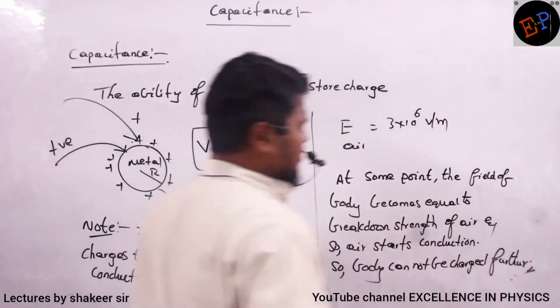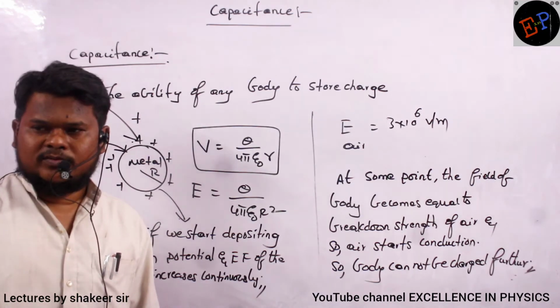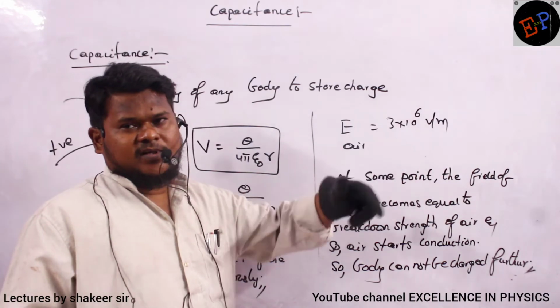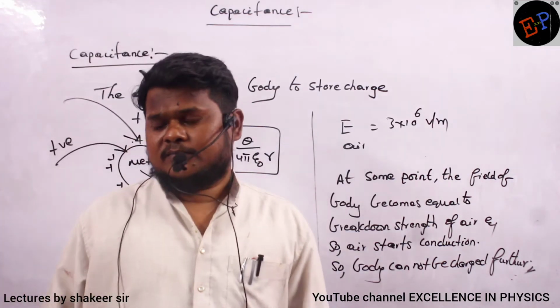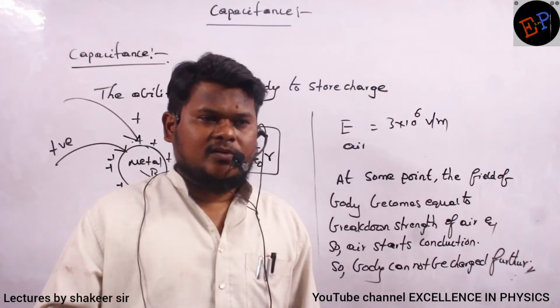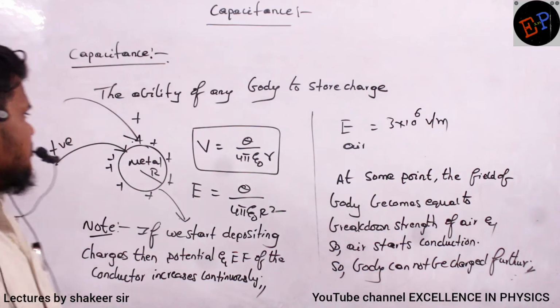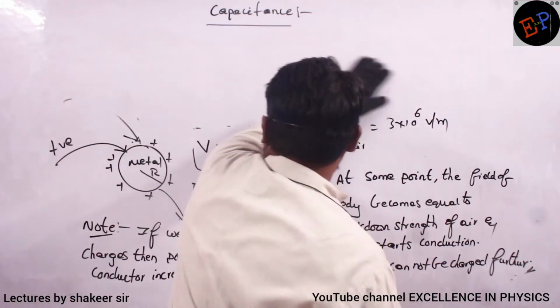Is it clear, ma, what is happening? The electric field strength increases, it reaches the field strength of 3 into 10 power 6. Now after this, if you increase the electric field, air behaves like a conductor, and whatever charges you add onto the metal surface, they will be leaking into the atmosphere. Okay? So therefore, what is the point which I am making to prove here? Point is that,